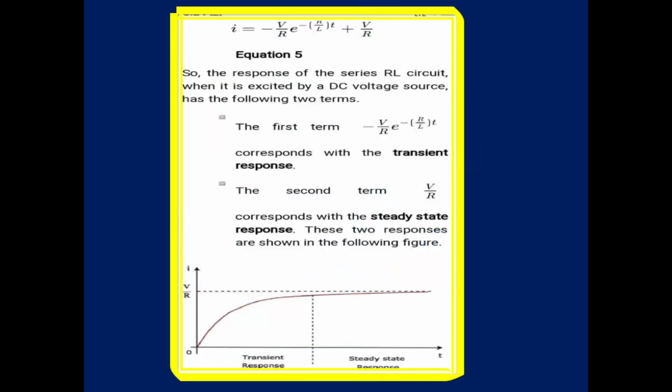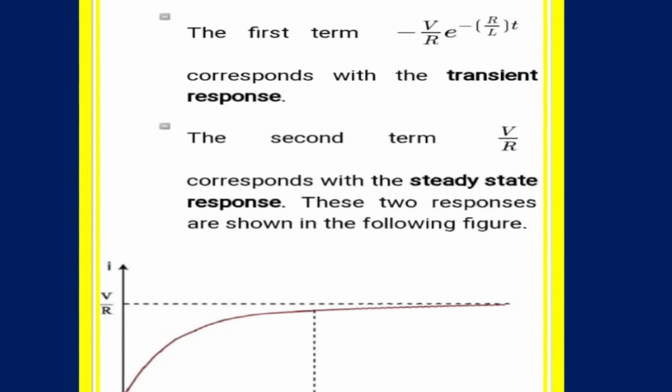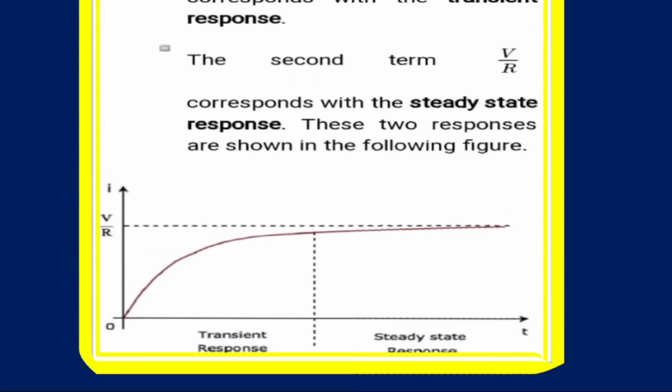Here we are getting this graph for variable values of V by R. See that one. Up to this point, it is in the transient response. The values are continuously changing. The V by R value is continuously changing with respect to time. After time is large, it reaches the steady state. It will reside at the same level. Okay, so at that time the current and voltage are not changing. That is the steady state response.